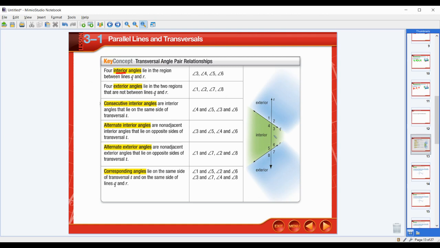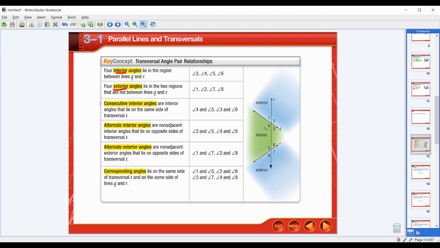All the interior angles are going to lie within those two lines. All the exterior angles are going to lie on the outside of those lines. So outside of Q and R would be considered the exterior, while inside of them would be considered the interior. Consecutive interior angles. So I want us to figure out what these are before we even try to put a